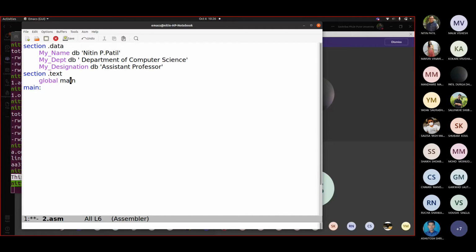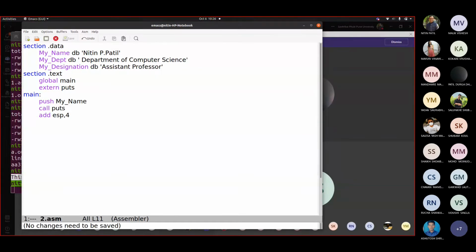As we have to print this, instead of printf I will write extern puts. Let me push my name, call puts, add esp, 4. Now let us see what it displays.